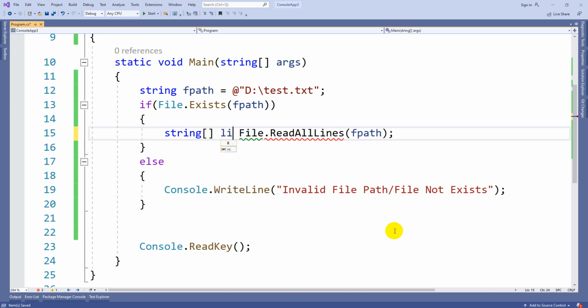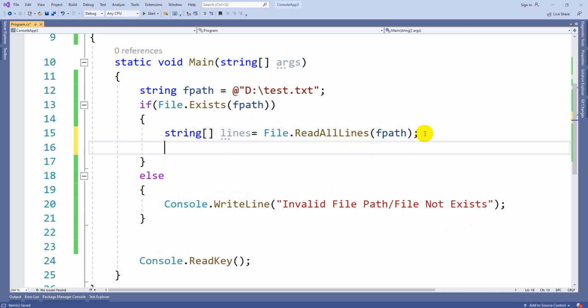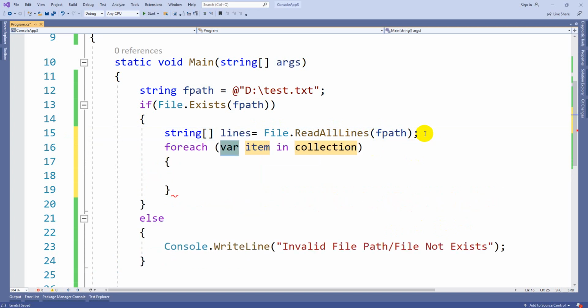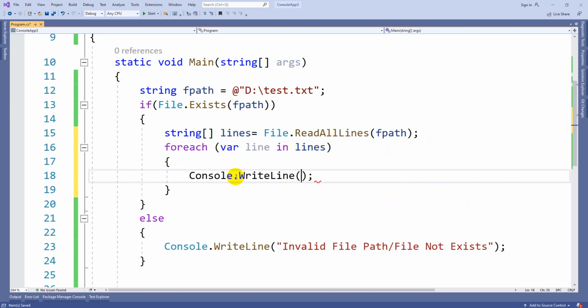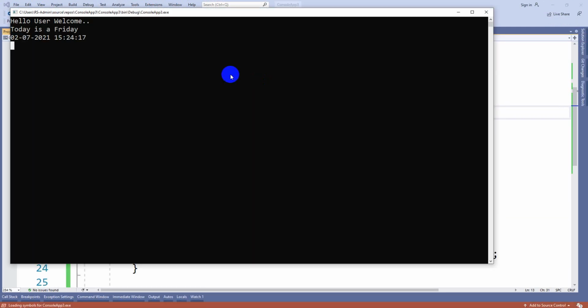Again I am taking a string array. Whatever the number of lines in this file path, we are reading into this array. By using a foreach loop or for loop, I can print it on the screen. From lines, one line will get copied here. By using Console.WriteLine, you can print it on the screen. You can see this.